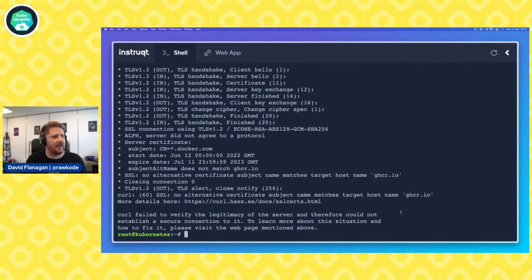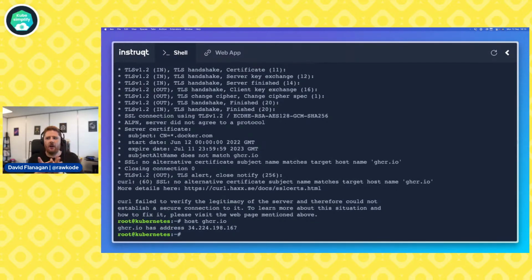And one last thing is we will run host ghcr.io. I would encourage you, if you have a Mac or Linux or Windows with some sort of Linux command line or coreutils, to run host ghcr.io on your own machine and see if it differs from what we have here. And if you have any ideas of how we can manipulate that DNS resolution within a Linux machine, feel free to drop it into the chat. Again, I'll give you around one minute before I give you the answer. And we're almost finished with cluster 1, and we'll be moving on to cluster 2 very, very soon.